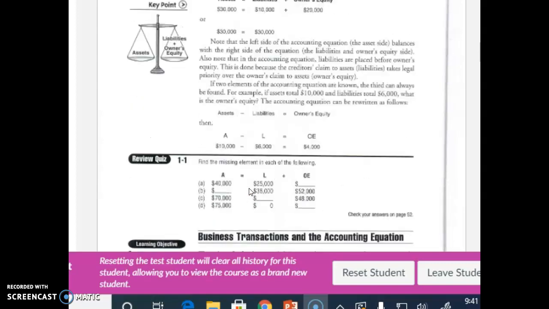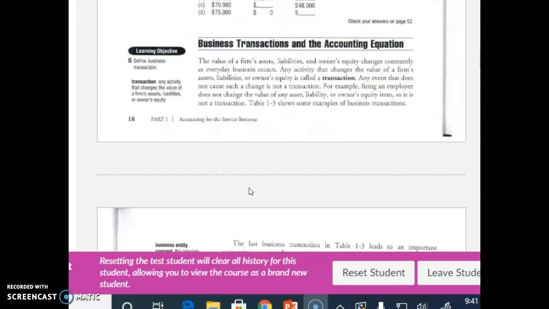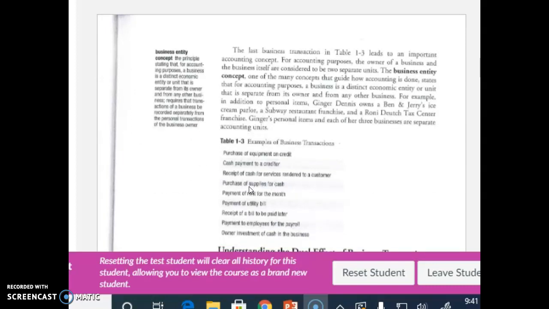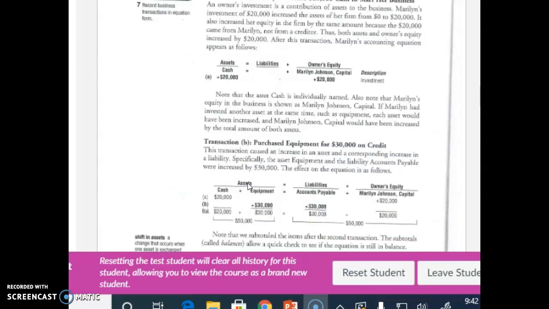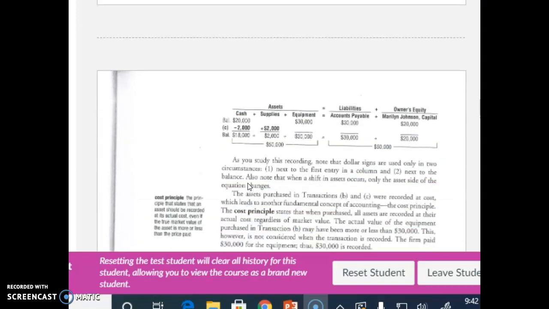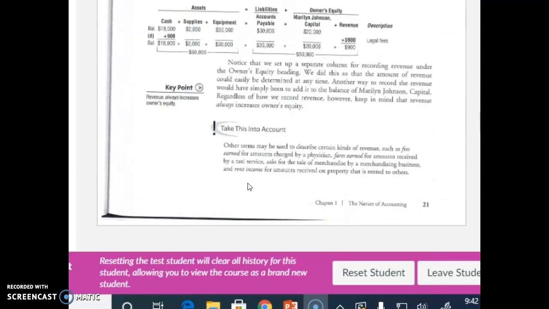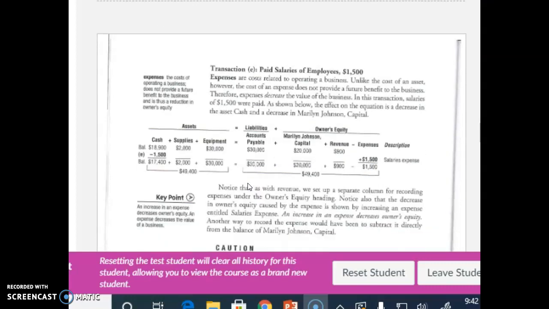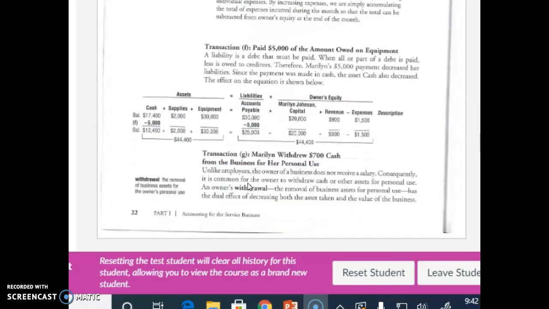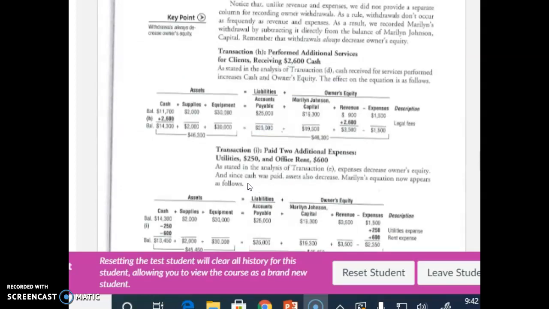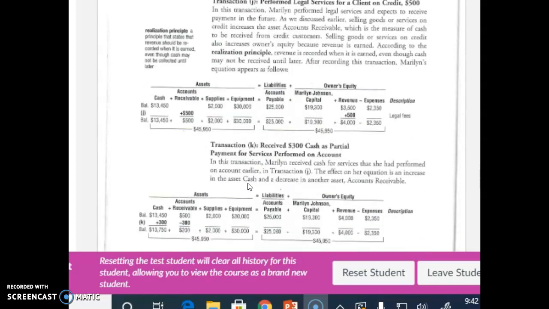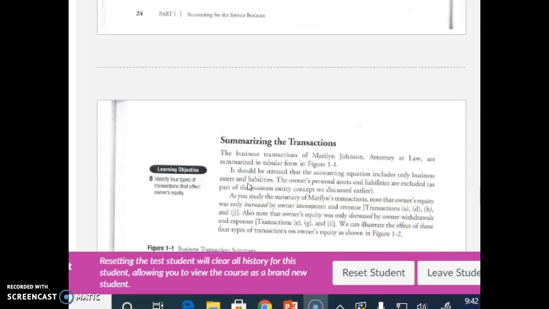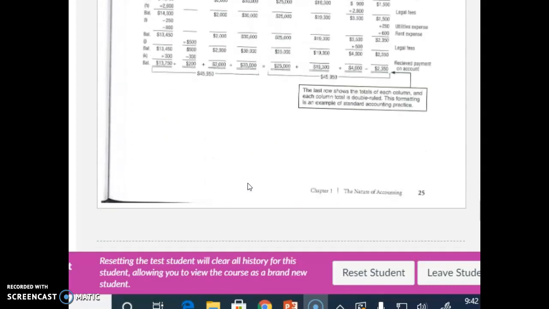And I wanted to show you this because I want you to see that the textbook is here for your help. That is what you need. If you have any questions, look back into the textbook because it addresses each type of transaction. It addresses each part of the accounting equation. And I'm going to scroll down here because I want you to look at